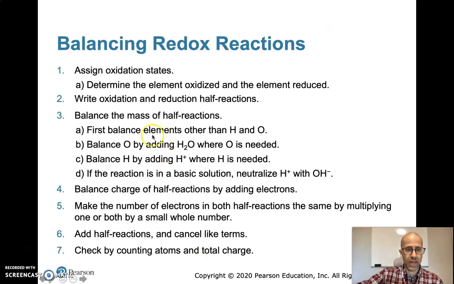And so here are the steps. You're going to assign oxidation states, determine the element that's oxidized and reduced, write down the reduction half reactions, balance the mass of the half reactions, and then